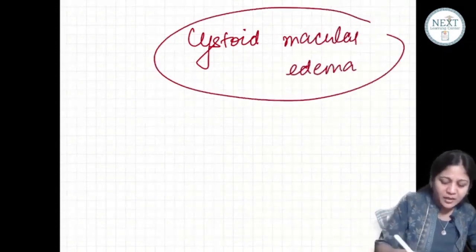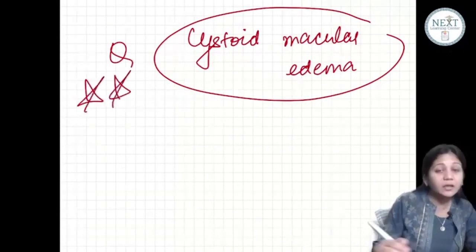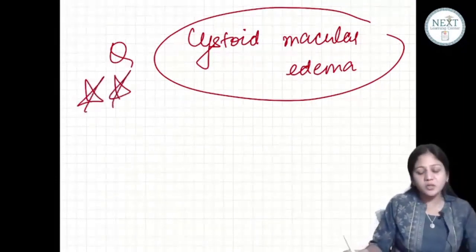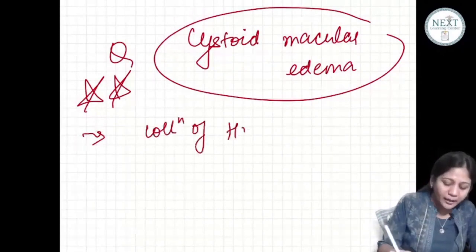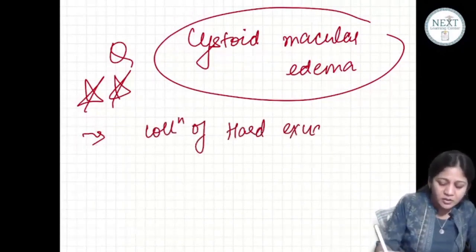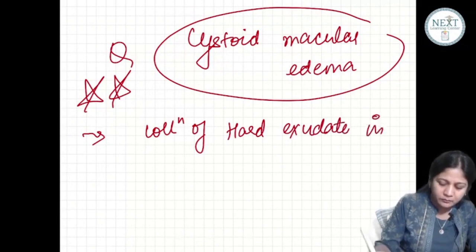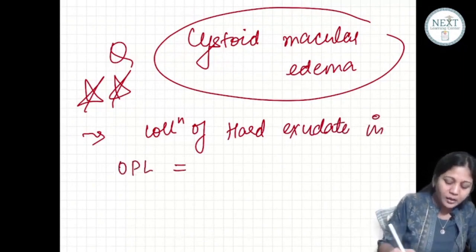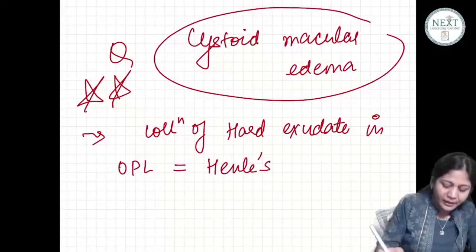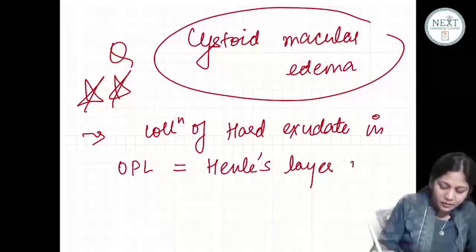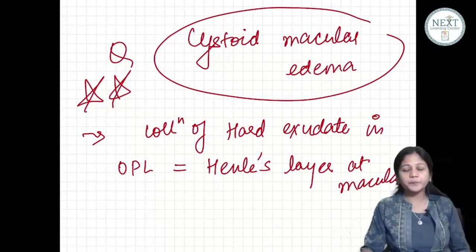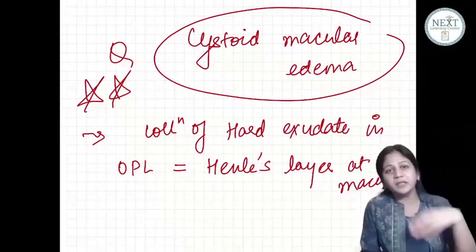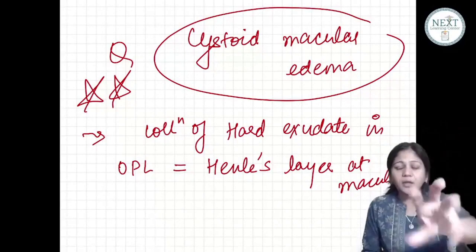It's a very important question this year also. So cystoid macular edema simply means collection of hard exudates in which layer? In the outer plexiform layer, which is also called Henle's layer in the macula. Yes or no? Hard exudates can be anywhere in the retina, but if they are in the macula,